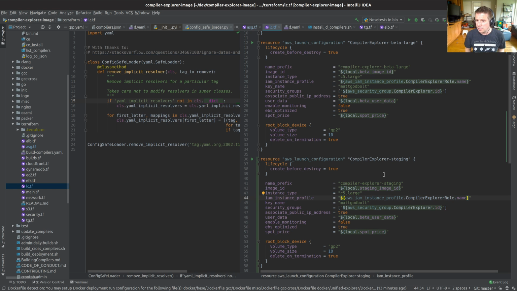It is compiler explorer role. Oh dear, those are the permissions that the instance itself has. In AWS, users have permissions, and machines also have a machine account, which means that anything running on that machine picks up the permissions of that particular machine.